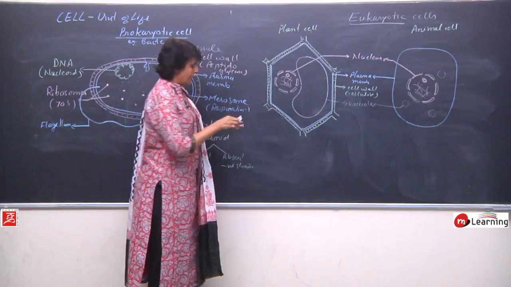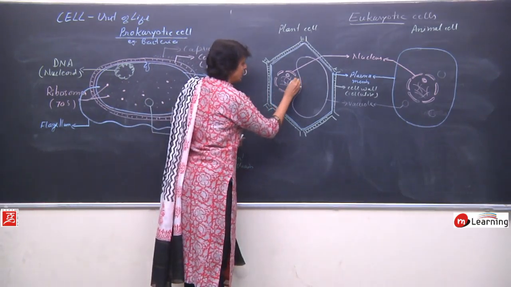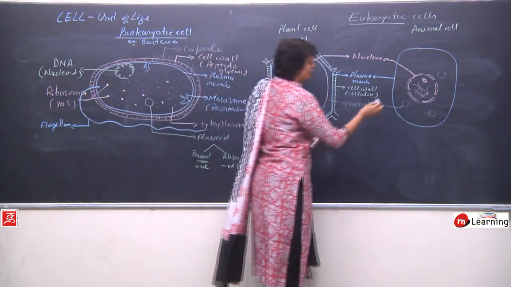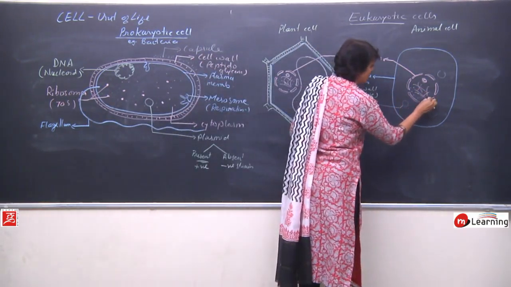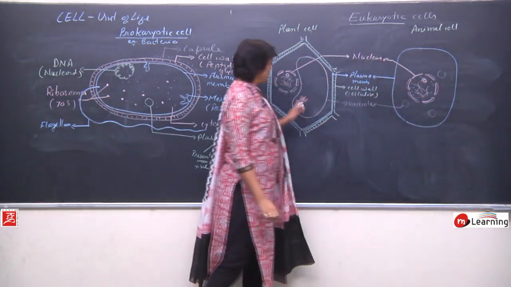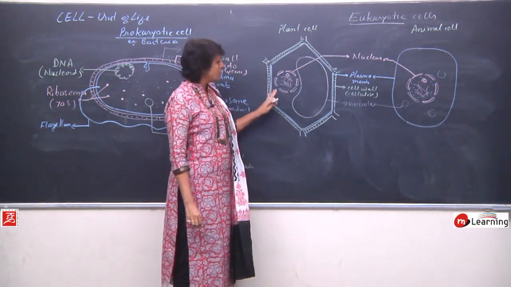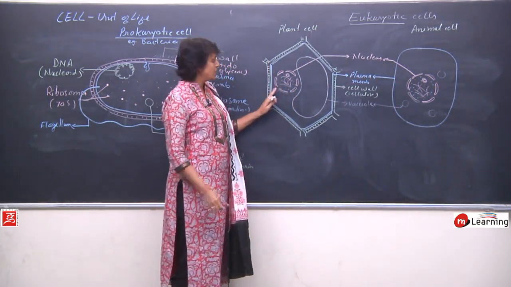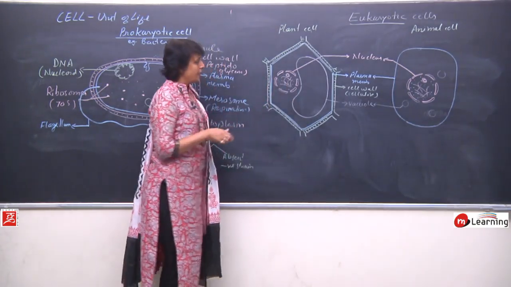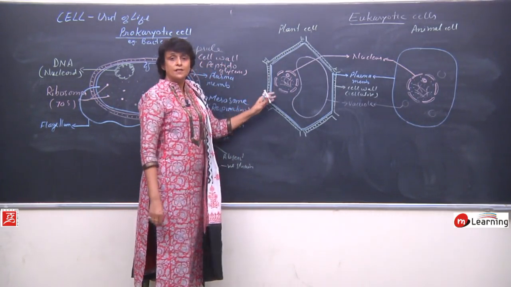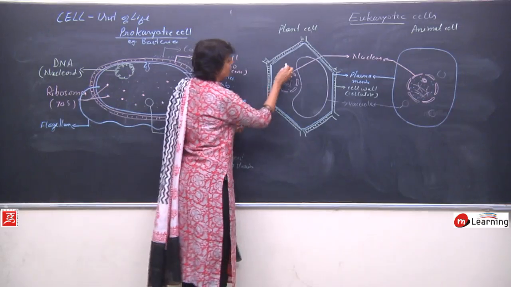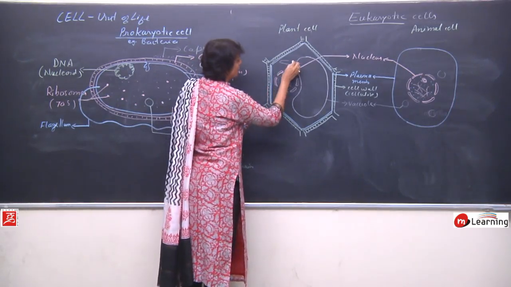Chromatin fibers. Now inside the nucleus there is again a fluid which is known as nucleoplasm. Here also nucleoplasm. So in plant and animal cell the basic structure of nucleus is same because it is a typical eukaryotic cell with a distinct defined nuclear membrane and all other organelles. Now the other organelle which is present in these cells is mitochondria. So mitochondria is present in both.